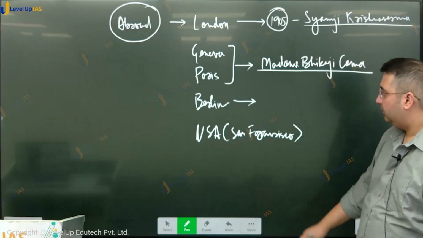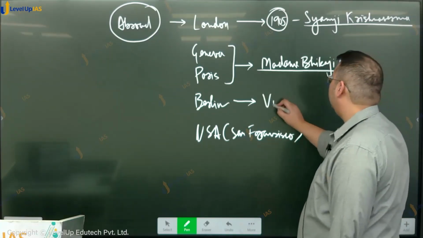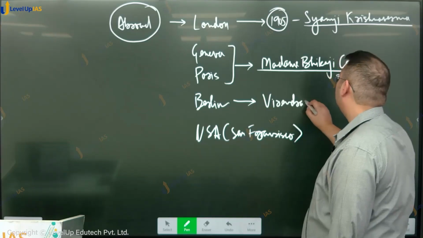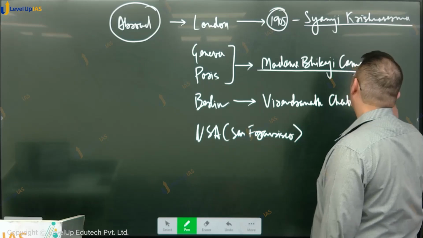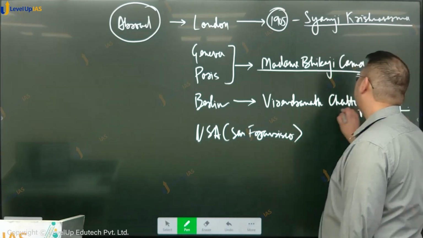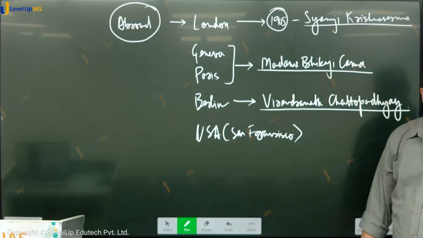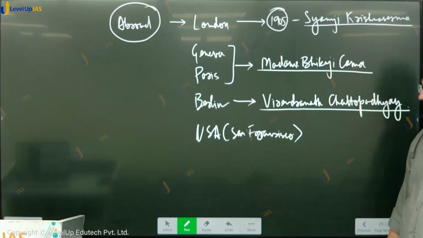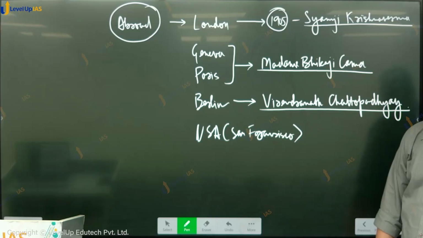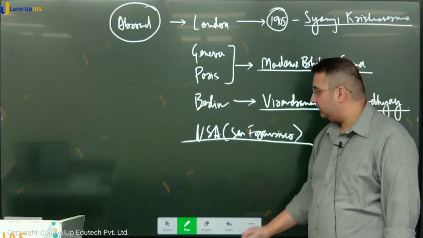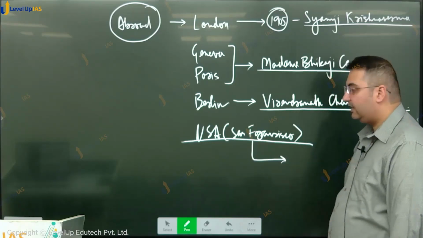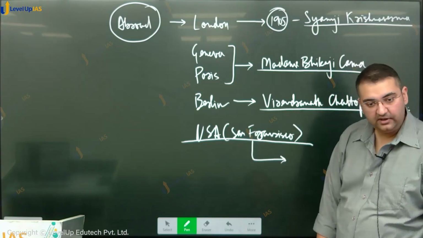फर्स्ट वर्ल्ड वॉर. यहाँ पे लीडरशिप का रोल प्ले किया वीरेंद्रनाथ चट्टोपाध्याय ने. He established the Berlin Committee for Indian Independence and began conspiring with the German authorities to overthrow British rule in India. This committee played an important role in forming the Zimmermann plan, जो हम already discuss कर चुके हैं. And finally, in the USA, San Francisco emerged as an important hub for the activities of Punjabi revolutionaries, who